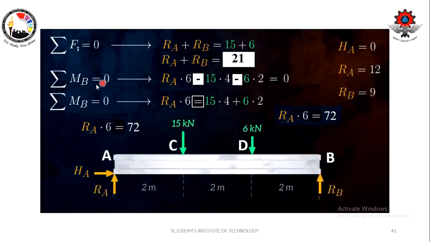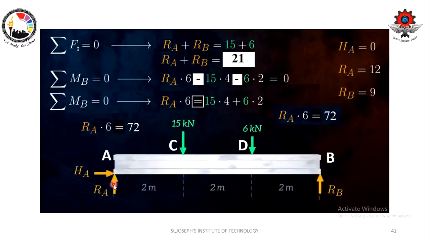For that, we are going to use the second equilibrium condition: taking moment about any point, either A or B. In this case, we are going to take moment about B and equate it to 0. These things you would have already studied in engineering mechanics very well, right? For finding a moment, what do we need? We need a force and a distance. For each and every force, we are supposed to find the moment about this point B.